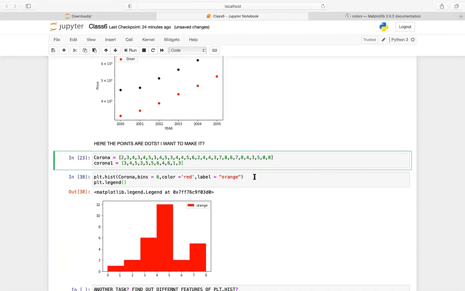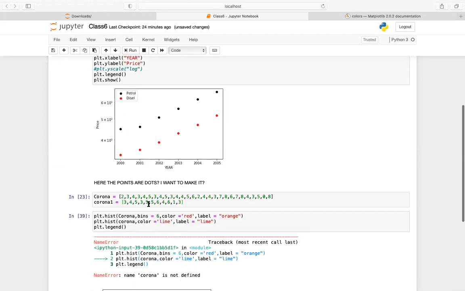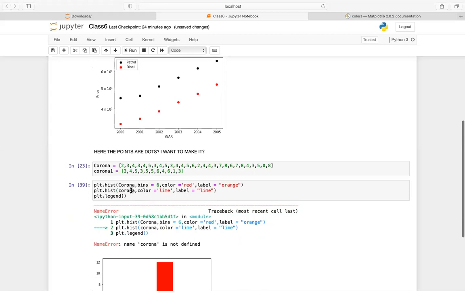Then if you want to plot another histogram here, plt.hist, and the bins I'm not giving. Color I want lime maybe, and label is, let's say, lime. And if you want to plot again, corona 1, okay, sorry.